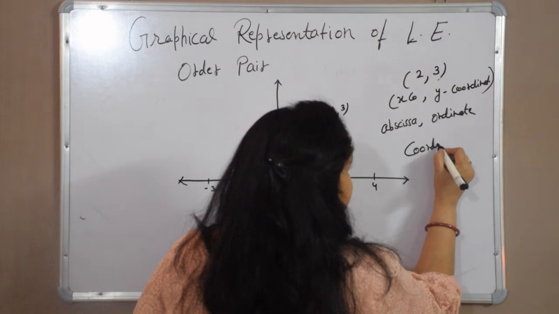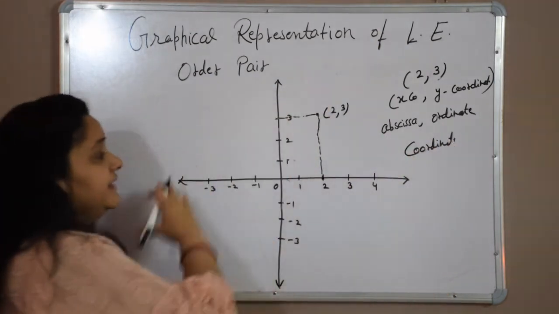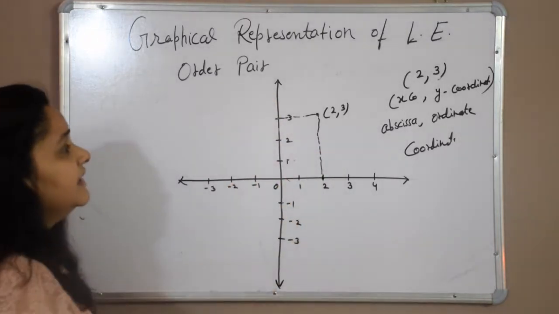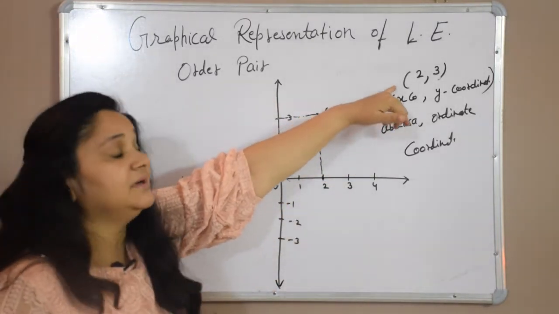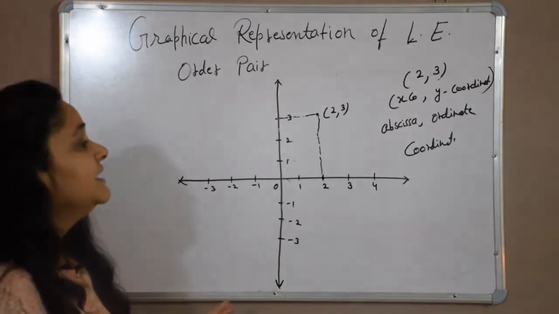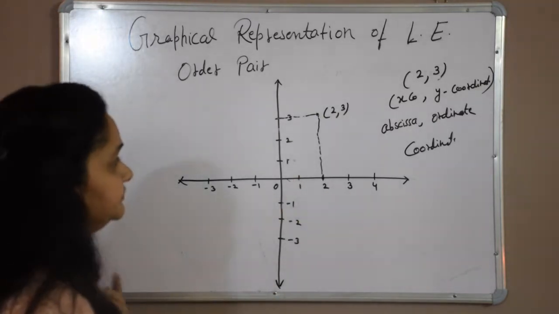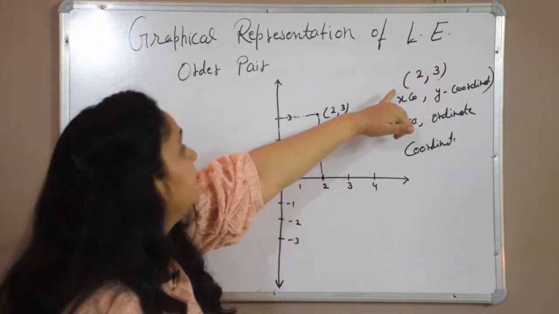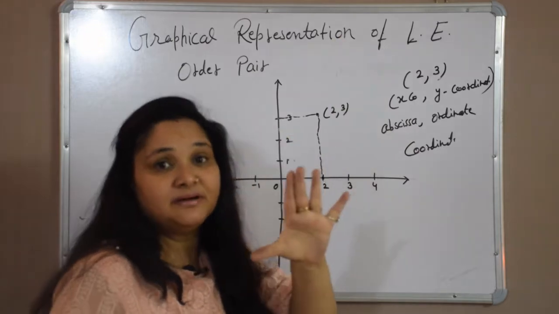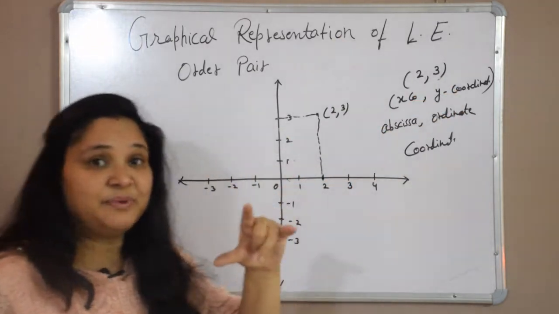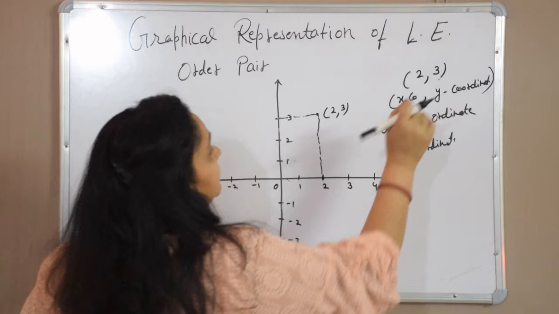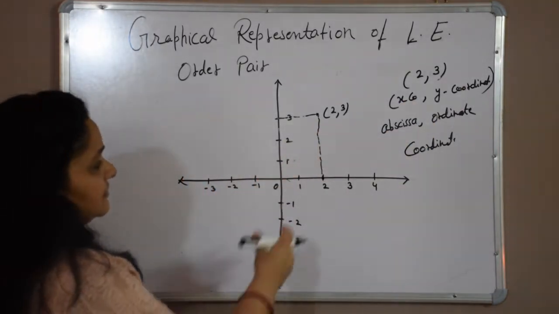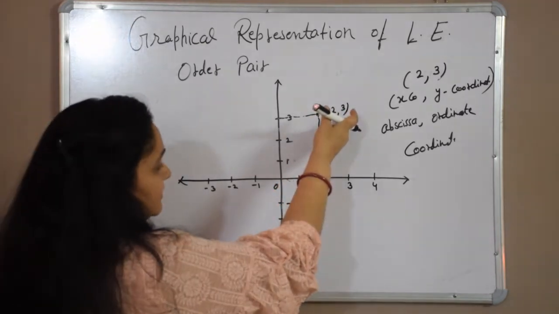And from here we can see that this is our Cartesian coordinate system. A system where 2 lines intersect and there are ordered pairs, and this whole system is called the Cartesian coordinate system. Now you understand why we call it an ordered pair: because order is very important, and because the point is a pair of 2 numbers, it is called an ordered pair. So we can locate any point in this plane, like here I have given you an example of (2, 3).